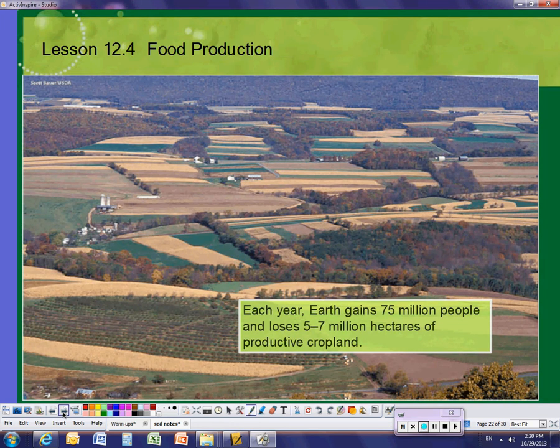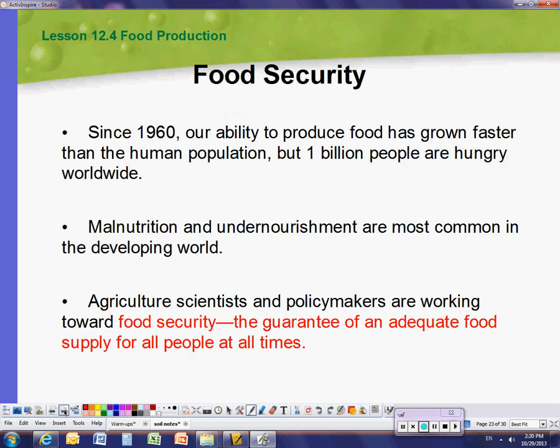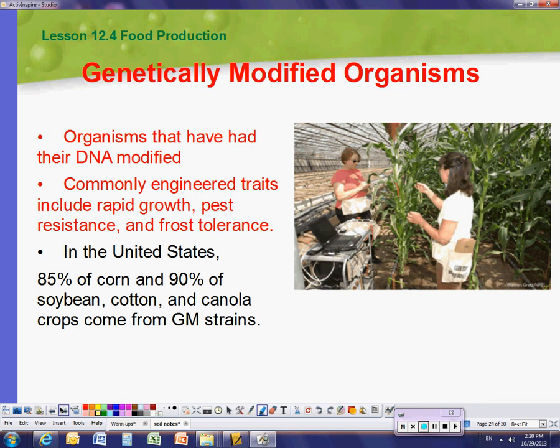All right, food production. I'm going to fly through this one kind of fast. All right, food security. Food security is a guarantee of adequate food for everybody, whole world, solve world hunger. I know that sounds crazy, but yeah, trying to solve world hunger, trying to take out malnutrition. Malnutrition is when you don't get the right nutrients and the right amount of food in your diet, and this can actually cause disease. All right, the big thing with the food is genetically modified organisms. This is huge.